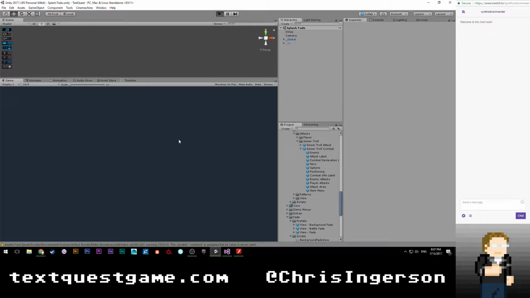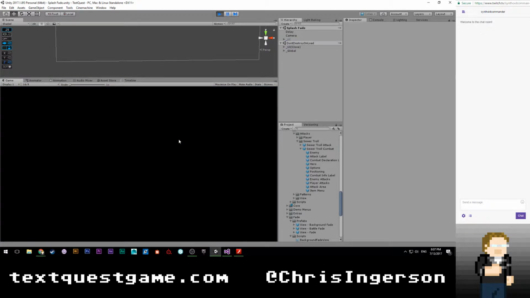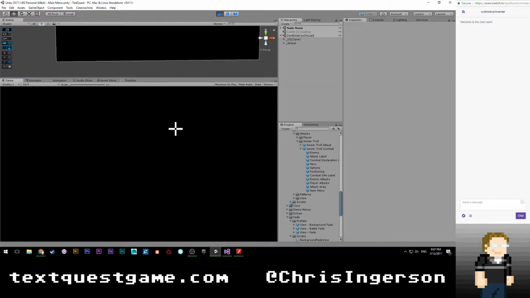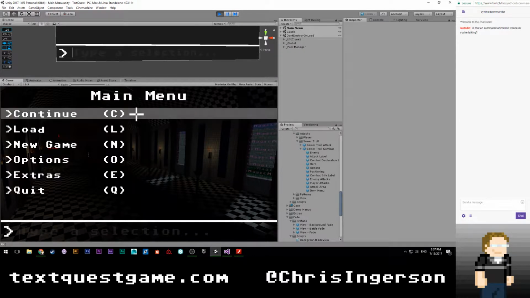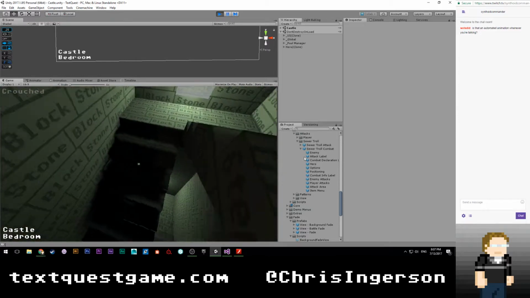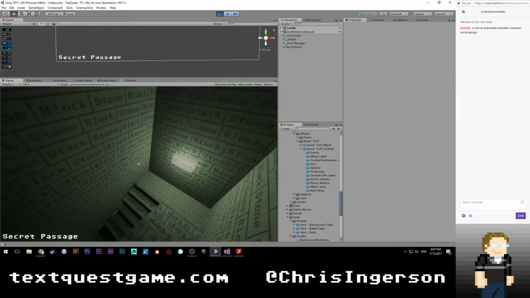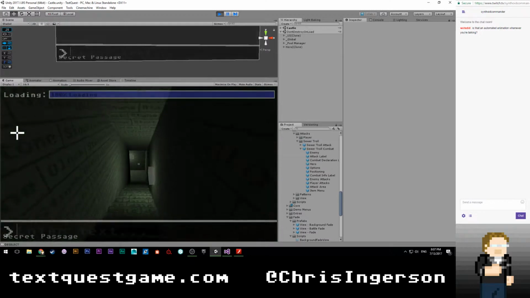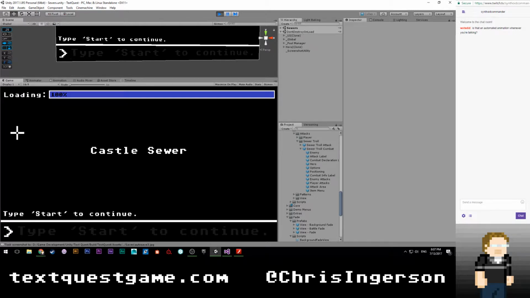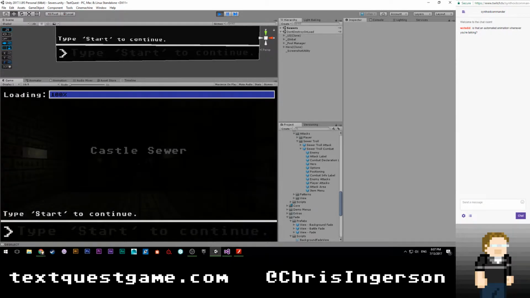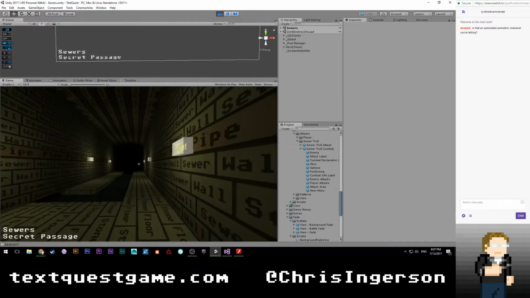Yeah, you'd think that it wouldn't be this hard to just have an input field not select itself, but lo and behold, Unity sees that I think something is going to be easy, and it's like, nope, you have to suffer. Alright, so let's go ahead and try going through here. And I'm holding down W. And you'll notice that this time it's not typing. I'm still holding down W, by the way. So this is the behavior I would expect, actually. This is what I want. Now if I let off of W and then press W again, it works. I can hit start. I can move around here. That all works as expected.